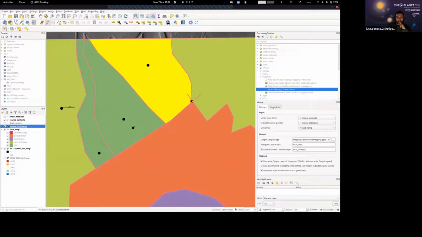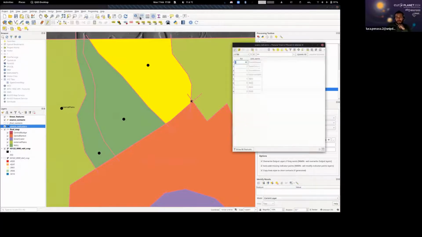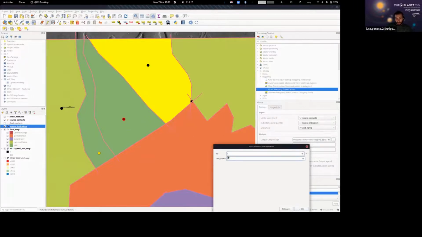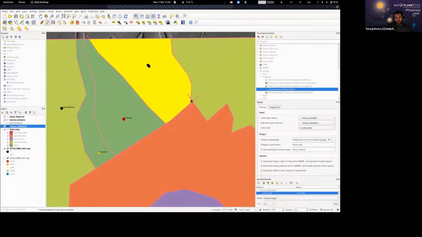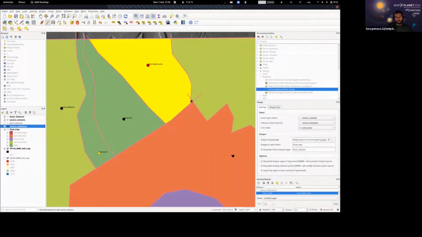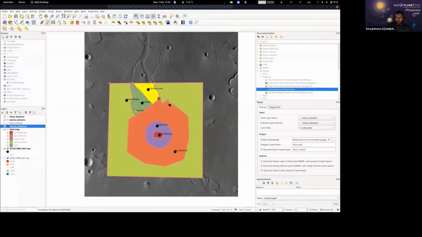So, for example, I want to give names to those units, right? Source indicators, I select the layer. Now I enable the editing. I can use the identify feature or the attribute table. So let's say this one, the 6th one is this one. This is, I don't know, channel 1. This might be channel 2, you see. That one might be channel 3. As soon as I'm happy with that,